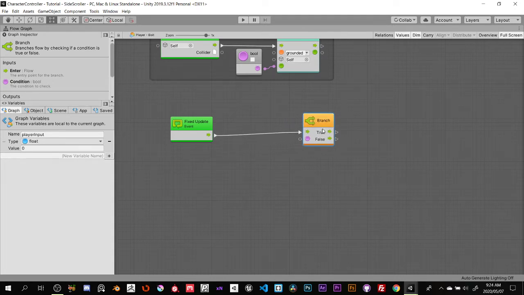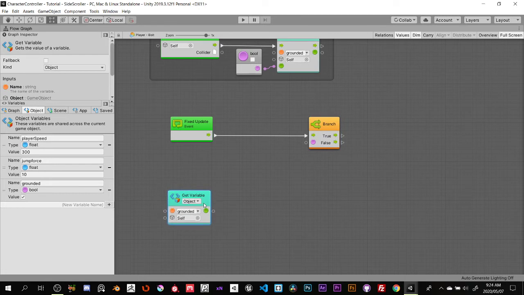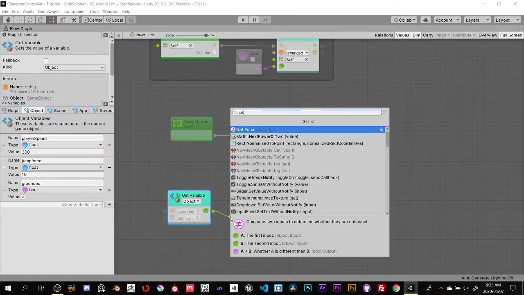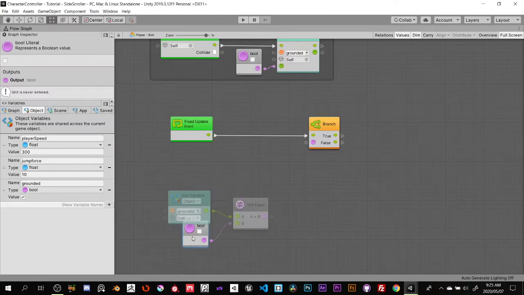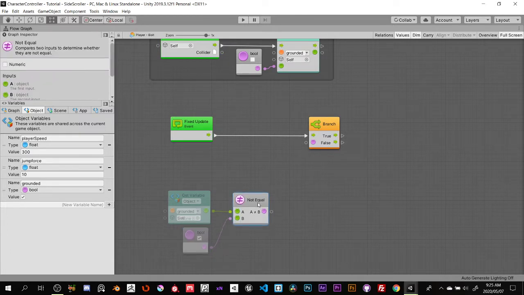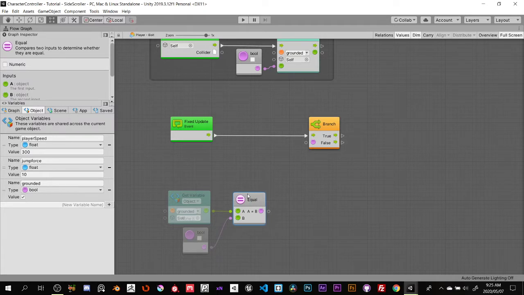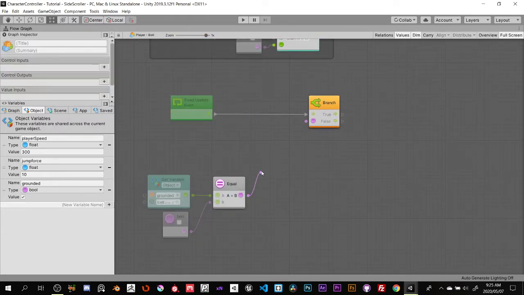So what are we going to check for in this branch? We're going to first go to the object variables, and we're going to grab the grounded, and we're going to say if the grounded is not equal. And what is it not equal to? Full literal true. So if it's not true, or we could have said instead, let's just right click and replace and say equal, same thing. So if we say if grounded is equal to false, which means he's no longer on the ground, we're going to go and